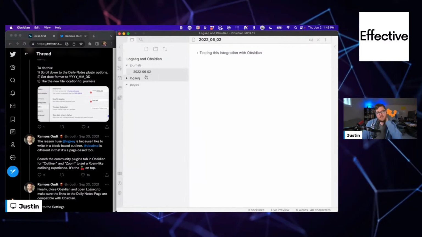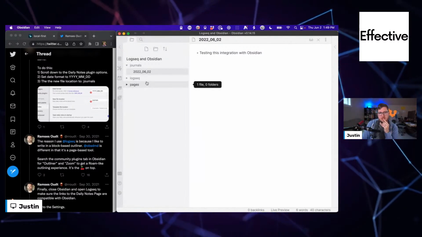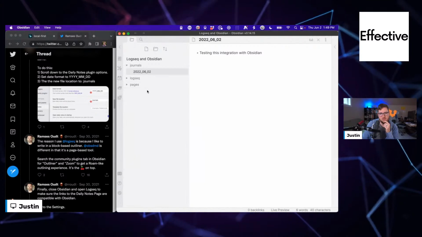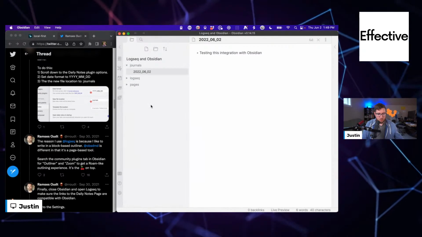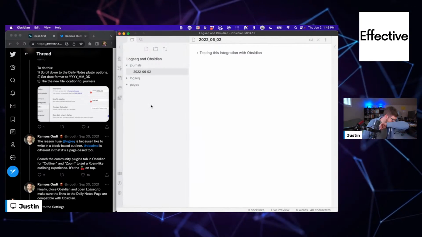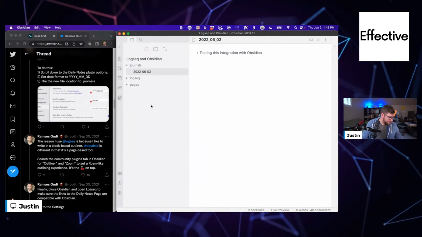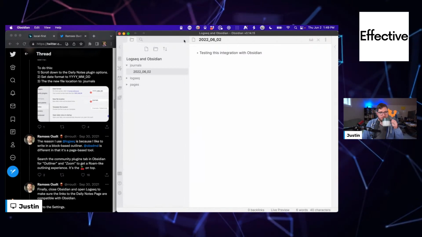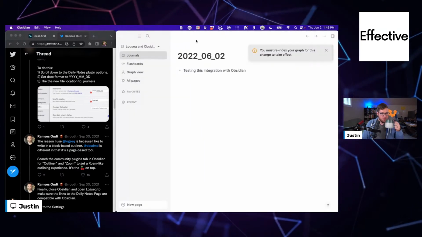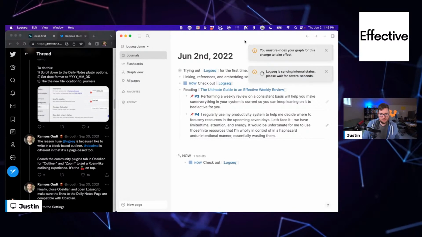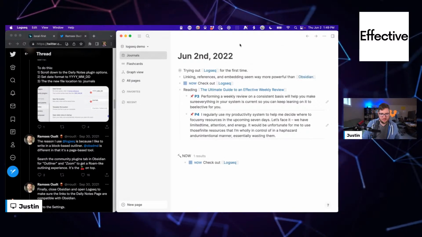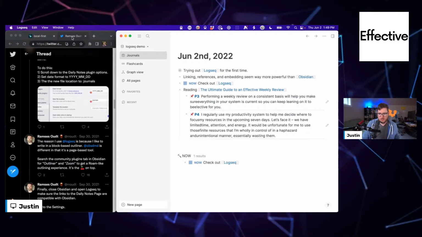I might have to consider doing this inside of my existing vault, see if I can make that work. I have to think through it, though, if that's something I want to do or not. Anyway, I'm going to swap back over to this demo vault and see where we can go from here.